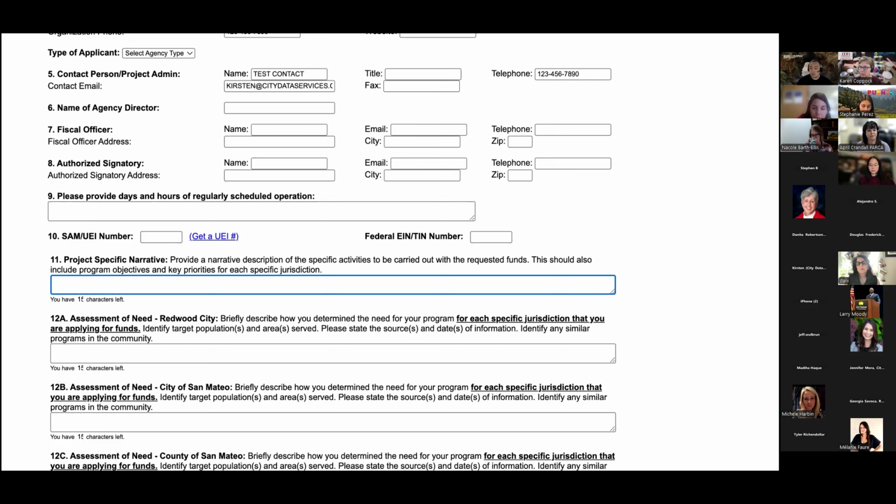Because if you don't save and it does log you out, it won't automatically save for you. So I would hate for you to fill out a bunch of information, get pulled into a meeting, forget to click save, and then come back an hour or two later, and not save. So please, please, please save as you go.